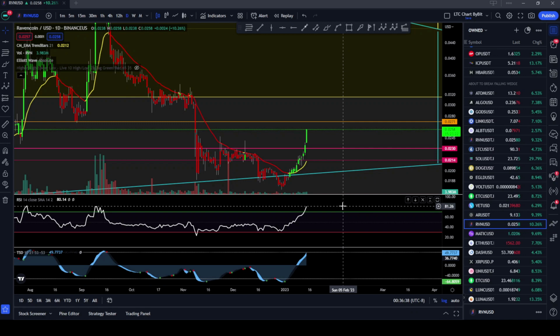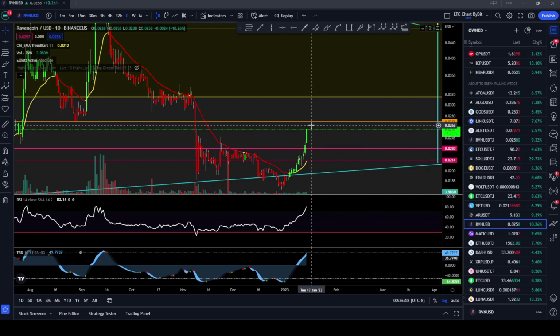I usually see if we're in a super bullish market, it could get all the way up to 90, and that's usually when it turns over, is when it's at 90. So pay attention to that, which if we did get up to this orange line here and get rejected, that probably would bring our RSI up to the 90 level. By the time you're watching this, this might have already played out. But just be aware that there's most likely going to be a rejection here shortly. And then my expectations are that it comes back down to retrace back to the 0.230 area. And then,